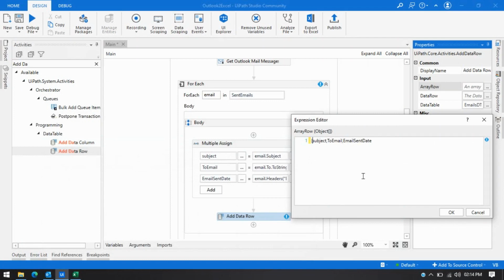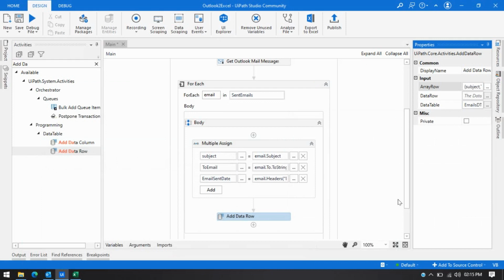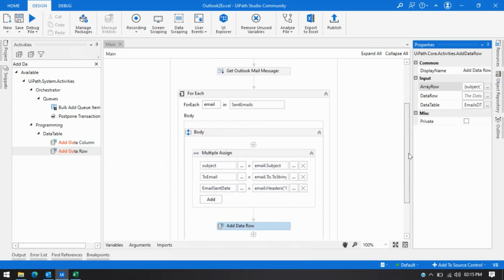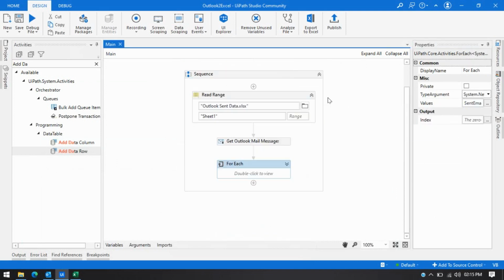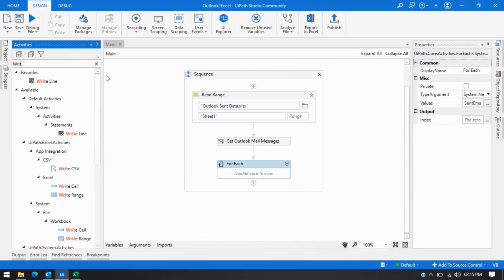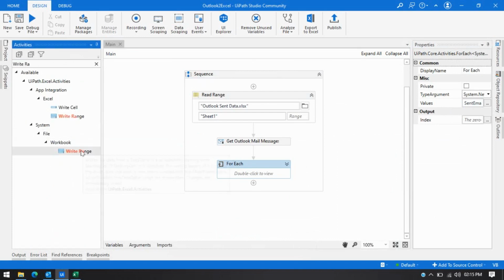And then it will take only an array of object. So array of object means it can accept any type of value in the array. So we have to use curly braces like this, right? And now we have updated data in the data table, right? So just go outside and take a write range activity now here,